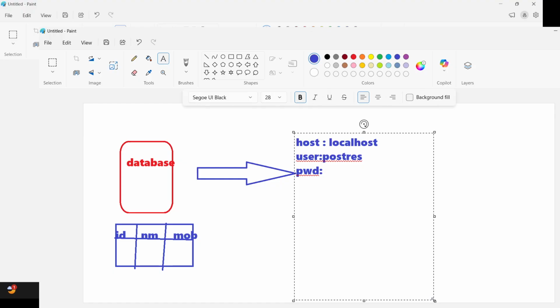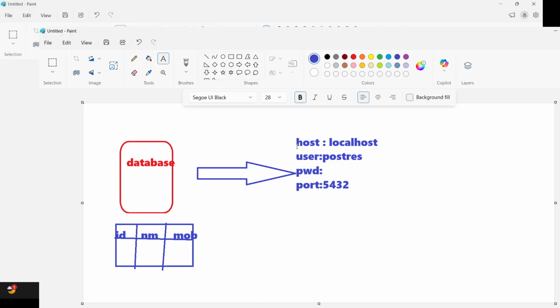Then the port number also you need. By default, we are using PostgreSQL and the PostgreSQL port is 5432. So these are the host name, username, password and port. To connect any database, you need these four parameters.